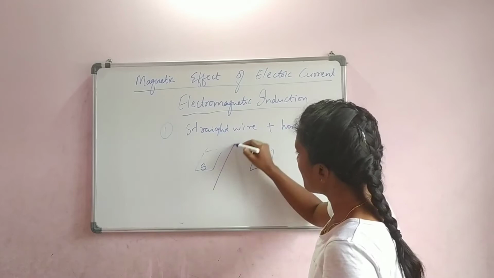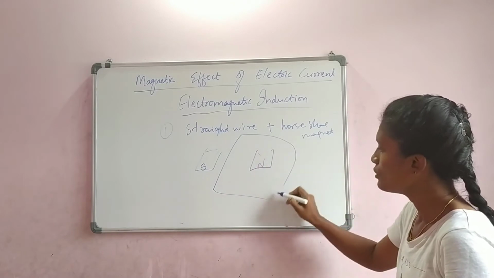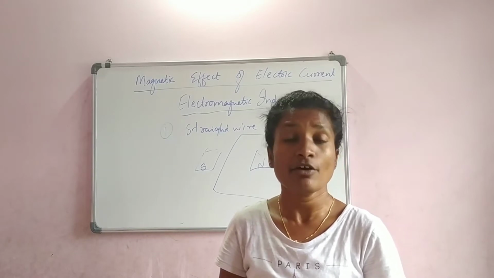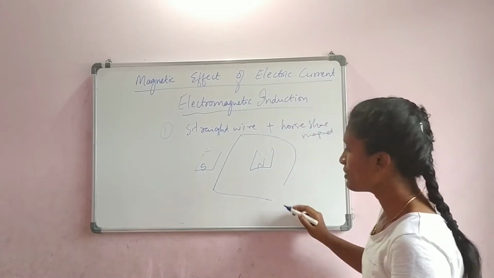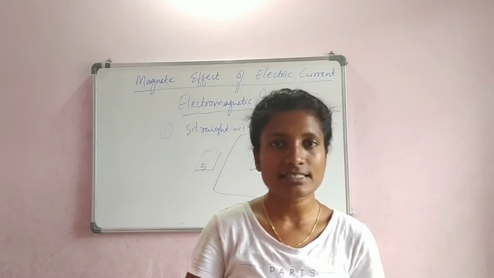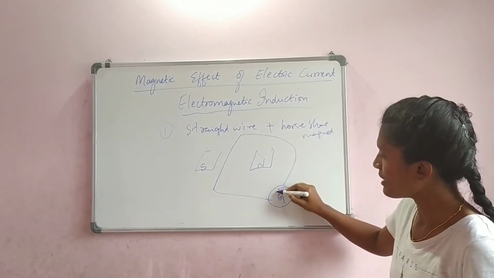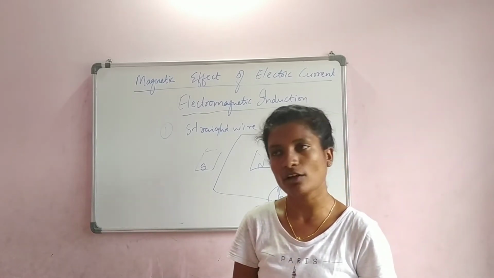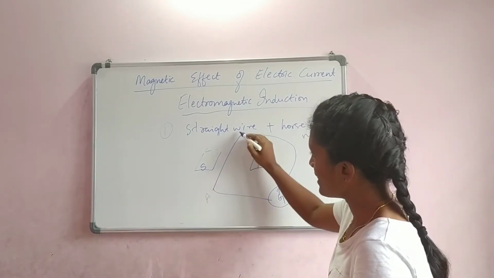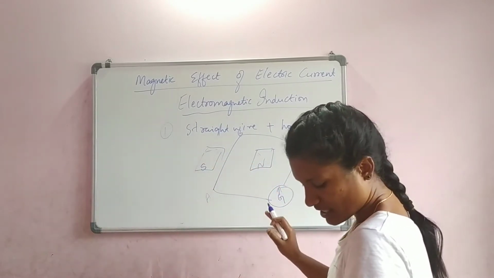Now bring a straight wire in between, and connect the wire not to any battery source, because we are not supplying any electric current. We are generating electric current here. So we don't need a battery, but we need a galvanometer. Why is a galvanometer needed? To understand whether current is passing or not, because that will show deflection. Let us say the pointer is stable now, at the zero marking or standard point. Now let us name the wire ends A and B. Then these are the magnets, south and north pole. Once everything is set up,